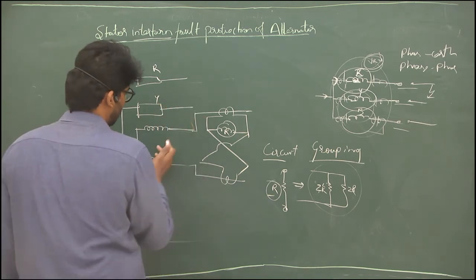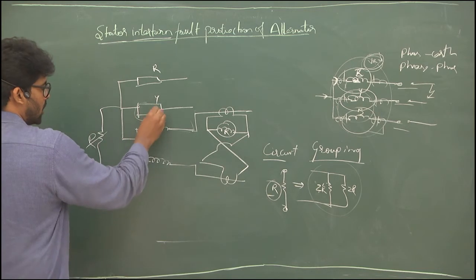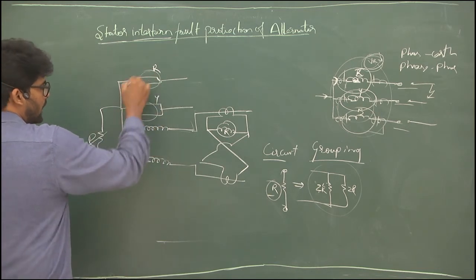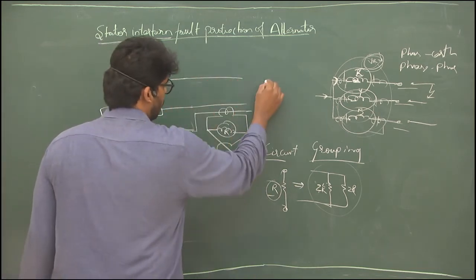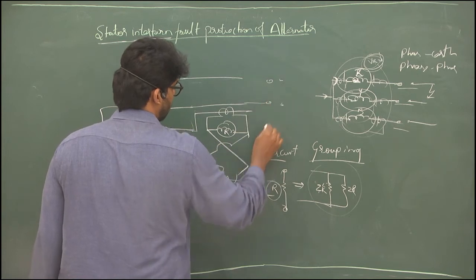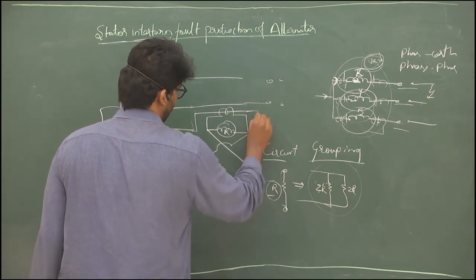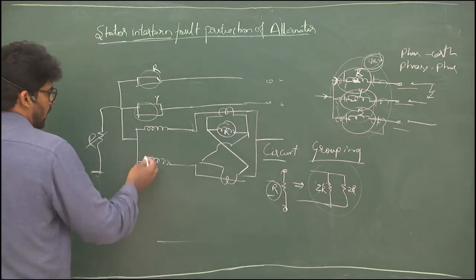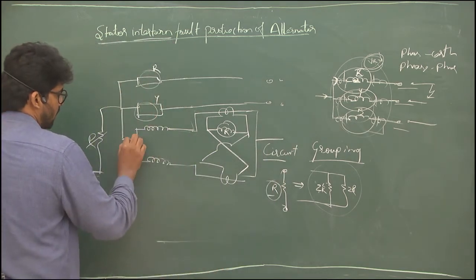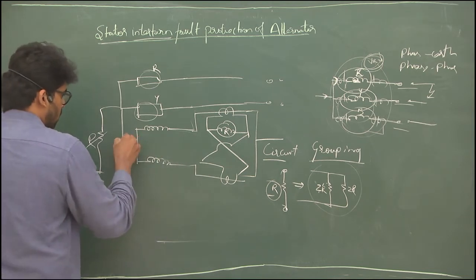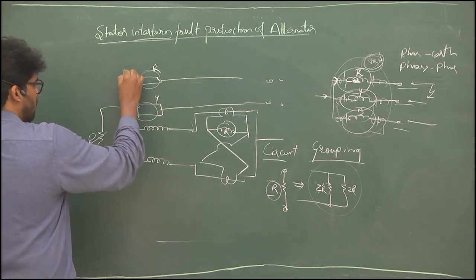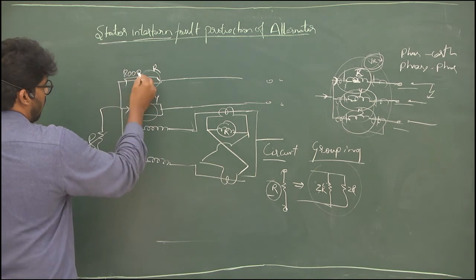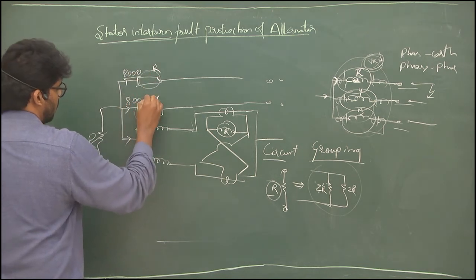The same two windings will be in their box, and these are fed to CTs, circuit breakers. Now what happens is, when no fault occurs, say for example this phase produces 8000 amps,